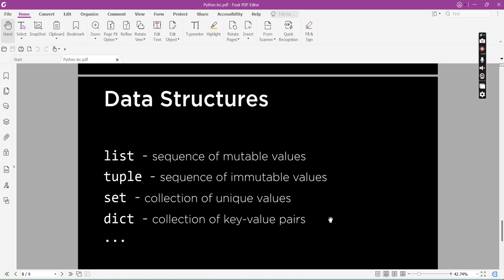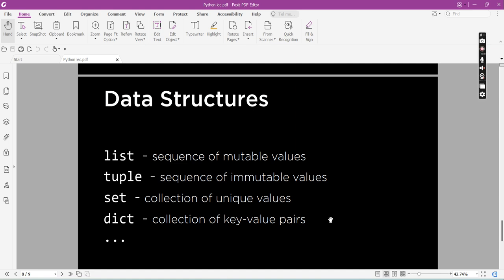Okay, then we'll be discussing some data structures mostly used in Python. So we have list, tuple, set, dictionary, and others. So for now, we'll be discussing these four commonly used data structures in Python. So first is list.